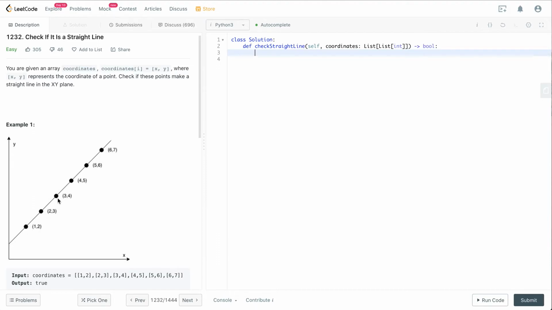If you have 3 coordinates or more, you can check whether they are a straight line by first getting the slope of point 0 and point 1. Slope is really easy to get. You basically just subtract their y coordinates and divide by the difference of their x coordinates to get the slope. And once you get that slope,